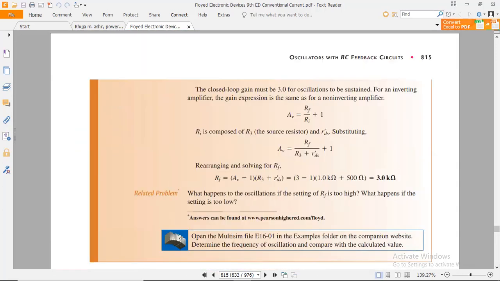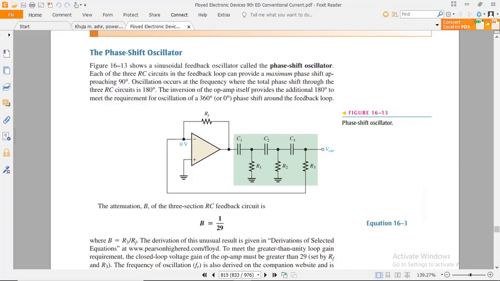And moving towards the next aspect, that is the phase shift oscillator, in which the phase shift can be performed, and we can adjust the phase shift in this oscillator circuit as per the requirement of the user. In the sinusoidal feedback oscillator, also called the phase shift oscillator, each of the three RC circuits mentioned in this figure in the feedback loop can provide a maximum phase shift